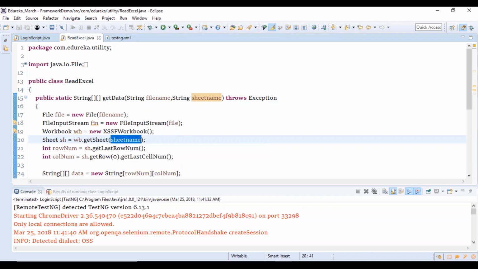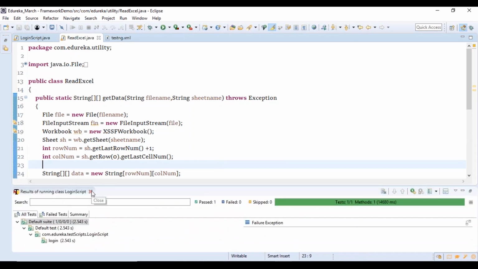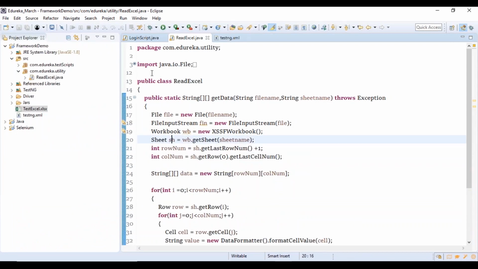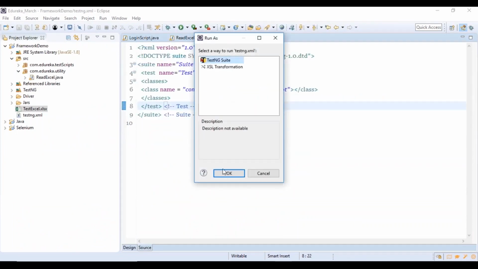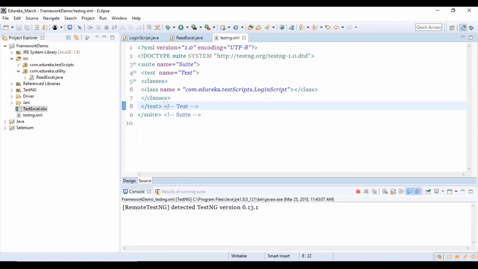Get last row num. Alright, I got it now. This is because I have to start it from your first row, because the 0th row is always your index, right? So that is the reason it is throwing an exception. So let me run this now. I'm sorry, I missed on that part.